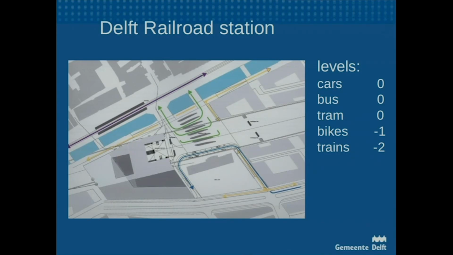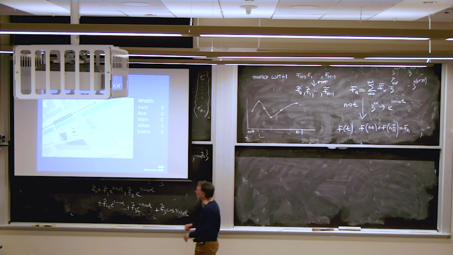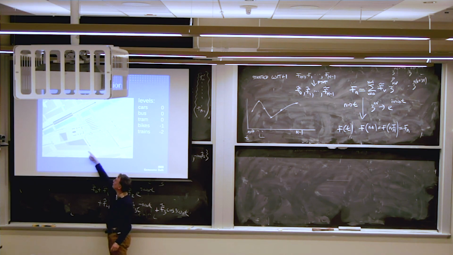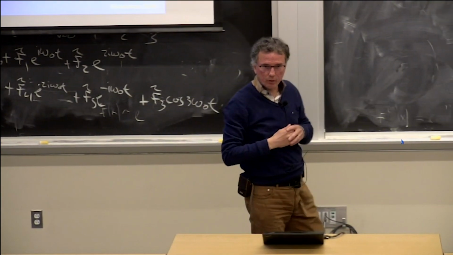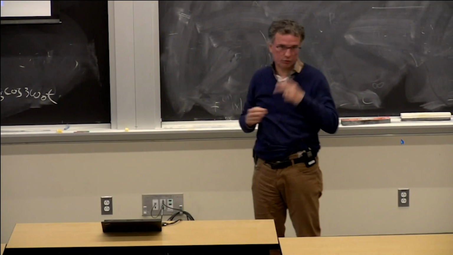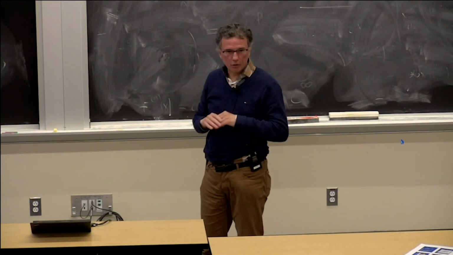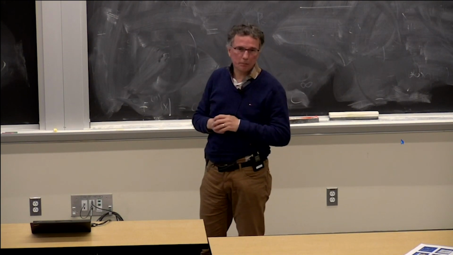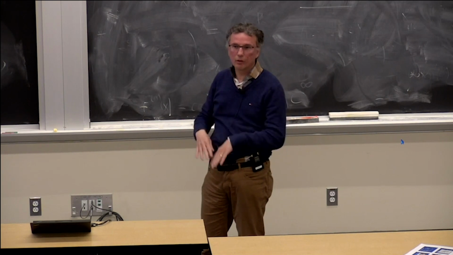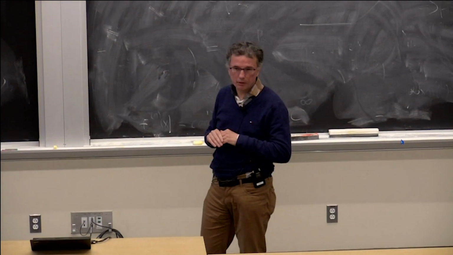Another part of priority is at the central station of Delft. If you look at the Delft area, urban development, railroad, you see a huge development in the downtown area. Over here is the old station. Over there is the new one. We have spent 500 million euros to get the railroad tracks underground for 2 miles or 1.5 miles. And we built a complete railroad station, a new bus platform, and we did a complete separation of all the transport flows. On the surface level, we offered public transport.